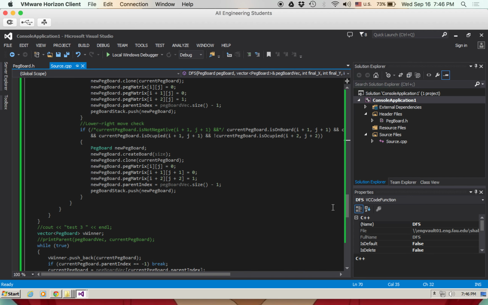After it checks them, for each position it will create a new pegboard. It will create the board. It will clone the pegboard with the current pegboard. Then it will change the following locations, like ij should be equal to 0, i plus 1 and j plus 1 should be equal to 0, and so on. It will change the location and then push this pegboard inside the pegboard stack, by before changing, no, wait, after changing its parent index to the size of the pegboard minus